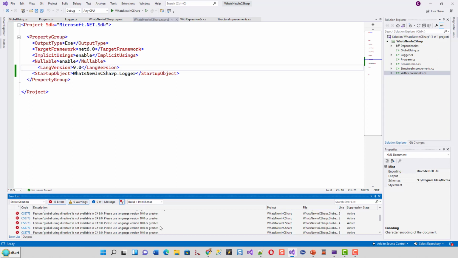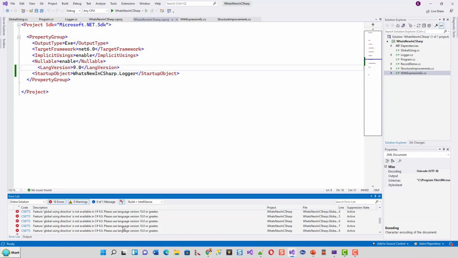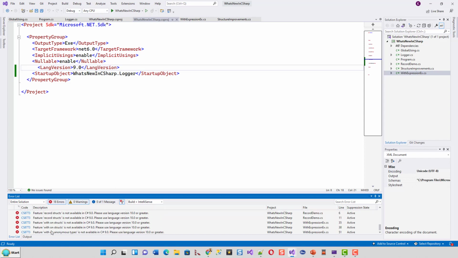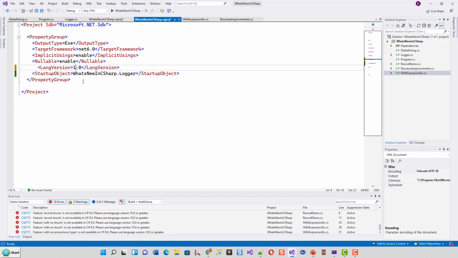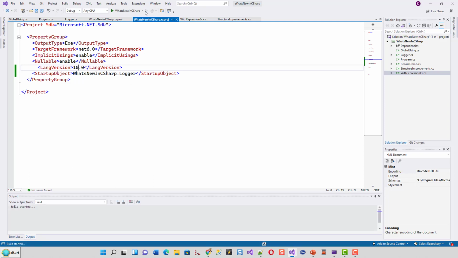Please use language version 10 or greater. The with expression on struct is also not available in C# 9. So whatever features we have learned so far in these two parts were not available in C# 9. As soon as you make it C# 10, it will revert back to its original version, and you can easily build this application again as you have been doing earlier.